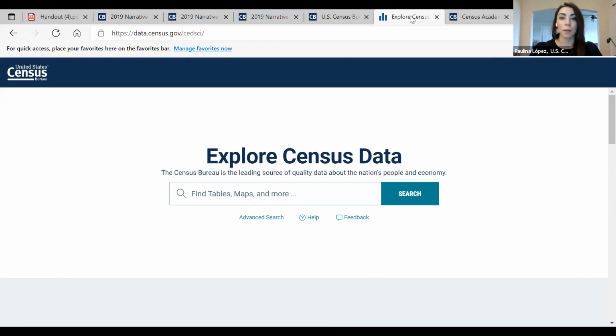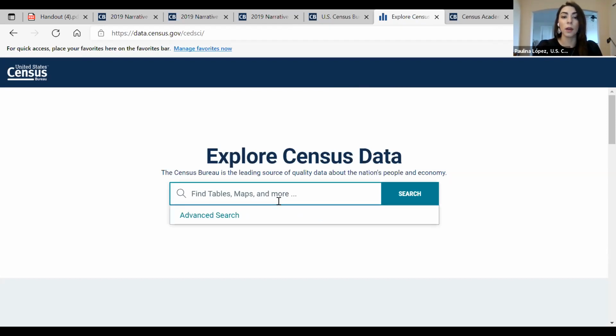I call it the Amazon of census data, because whenever you log into Amazon and you want to find treats for your dog, or shoes, or whatever you're looking for, you type keywords to do your search and get the Amazon results. So it's the same for data.census.gov.